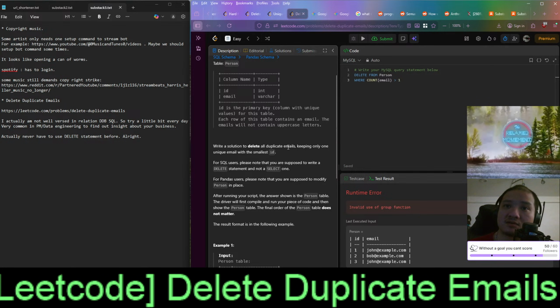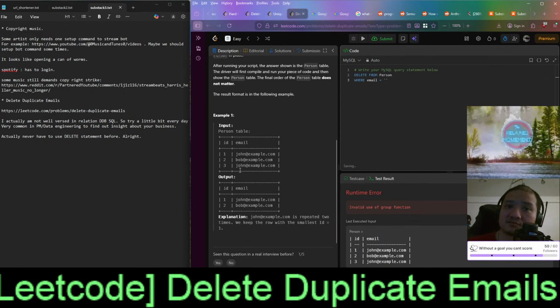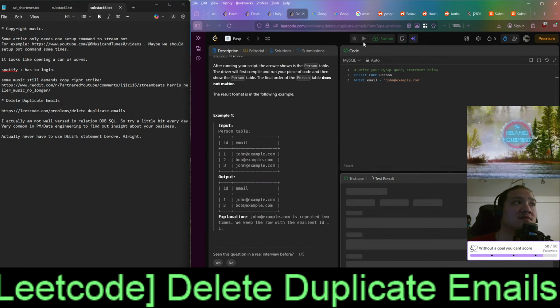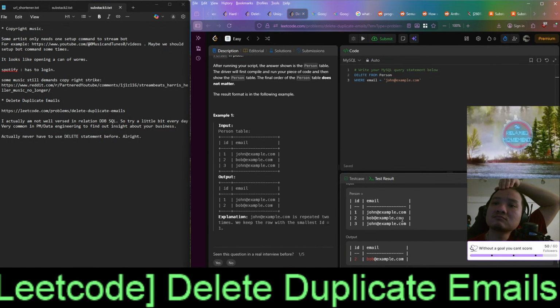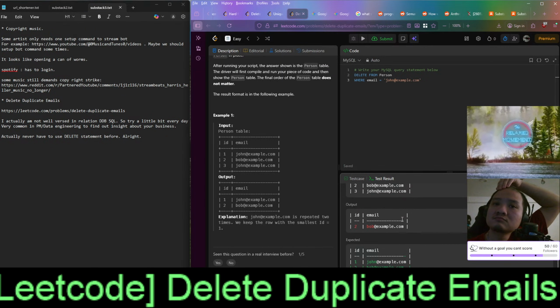Keeping only one unique email. Let's see. Let's put email to test amount. What is the output of this? Oh, so this is deleting all the rows matching this condition.